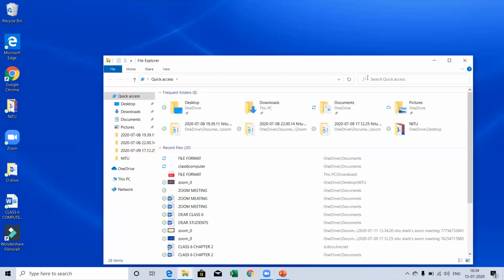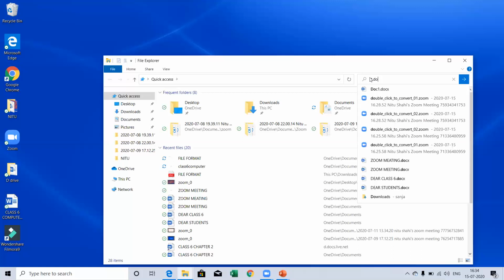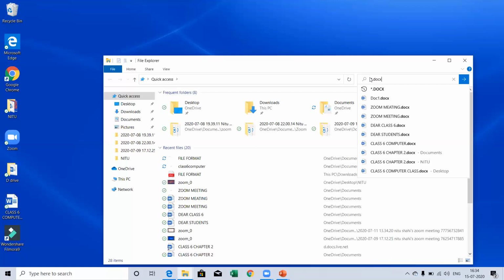So if you forget the string of text of your file name, then you can search like this. In this search box, if I write star, dot, docx, all the document files will appear here.